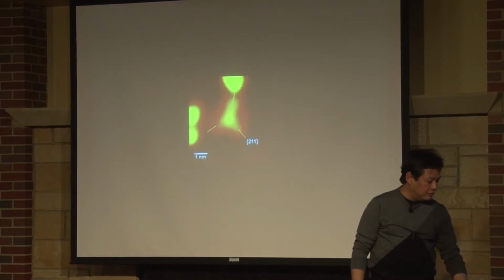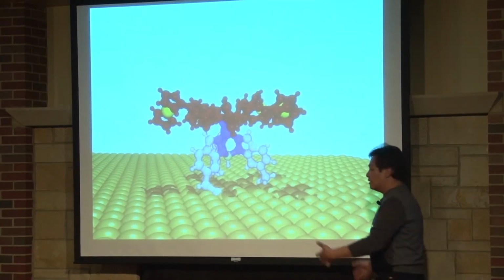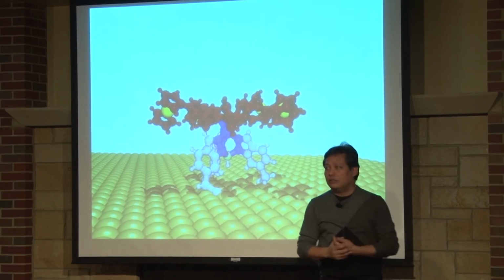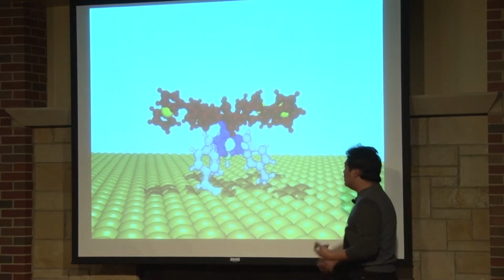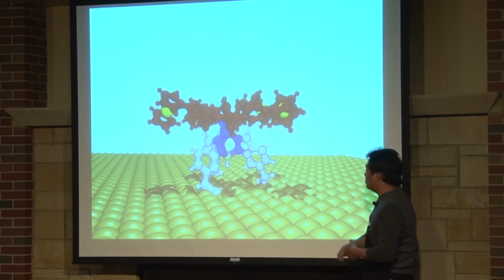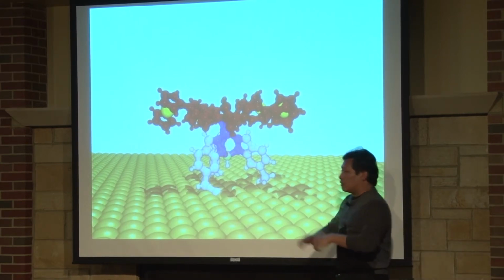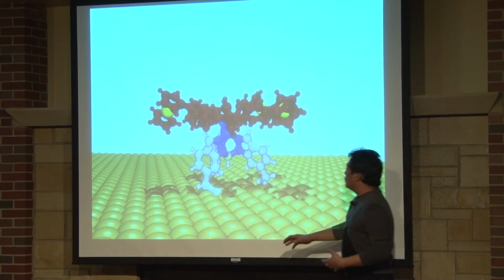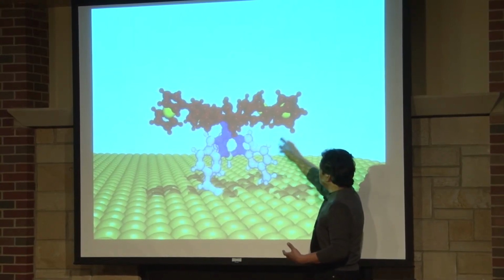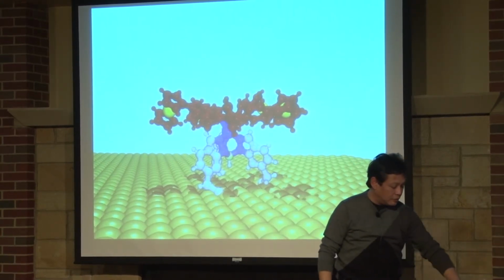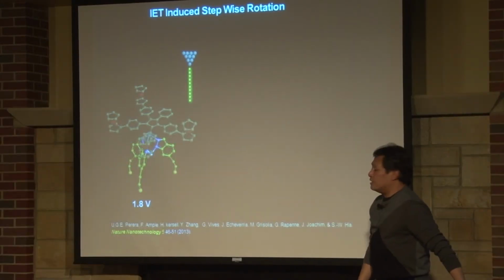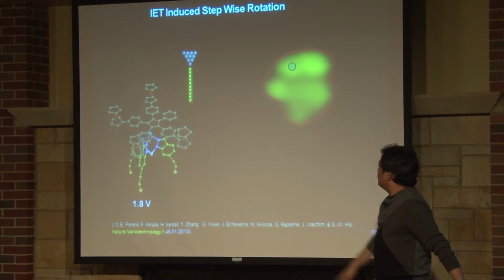So this is how it looks like, the machine. This is not a cartoon. This is the computer-generated image, and it took almost a year to calculate with the supercomputers we use in Singapore. I have a cross collaboration, cross-Atlantic as well as across the world, and so we did these calculations. And this, of course, little machine, we can also rotate stepwise. Okay, so that's what I will show you.